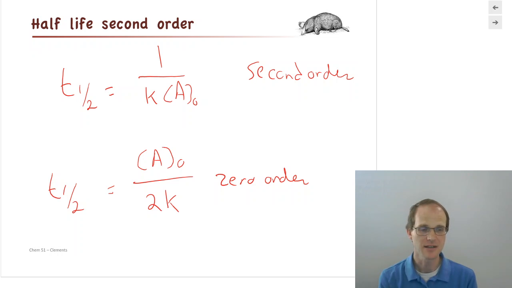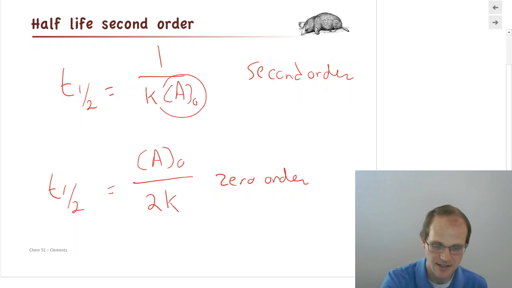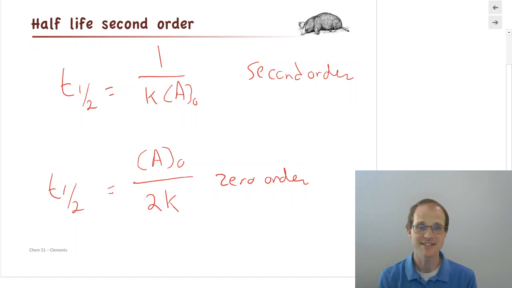Second order, on the other hand, means that you've got that rate law with that square in it. If I double my concentration, my rate goes up by a factor of 4. If I triple my concentration, my rate goes up by a factor of 9. If I quadruple, it goes up by a factor of 16. The more I have, the faster that reaction goes. And so that's what this A naught does in the denominator. It says the more that you have, the less time it takes to get half of that, which is a little counterintuitive. But it just means that this reaction is super dependent on the amount of A naught. If you have a lot of it, that reaction goes really, really fast, like gangbusters, and so it doesn't take long for half of it to get used up.